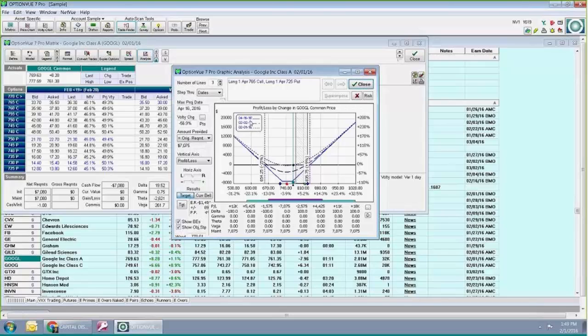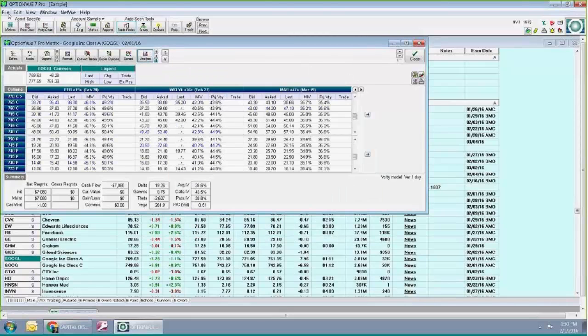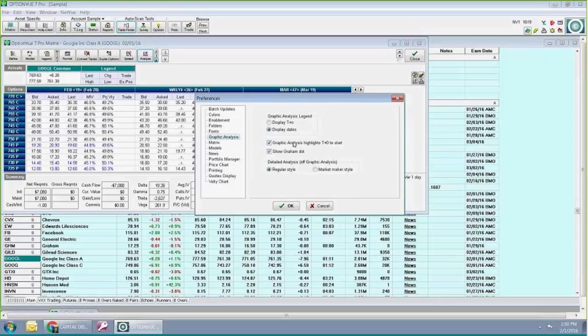You could instead have it say T+0, T+30, T+10. And also the graphic analysis dot, which they call the gram dot because I came up with it. And whether you want to start with T+0: if you have that checked, that's the line that's highlighted. Otherwise, it will be the expiration line.